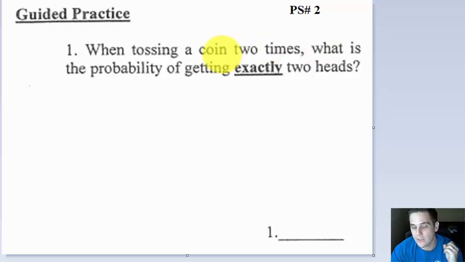So a coin has 2 sides, right? So that means there's 2 different possibilities, either the head side or the tail side. So there's 2 total possibilities whenever you toss a coin. So right there, let's start writing some fractions. We'll go ahead and draw a fraction line, and we're going to put a 2 at the bottom